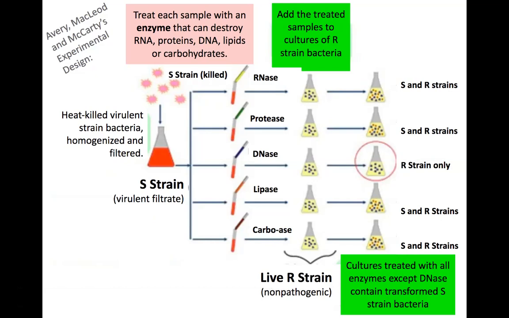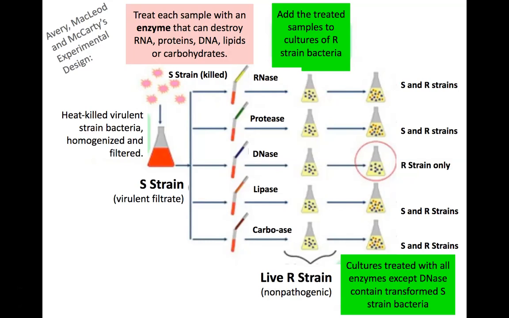In each one of these, what you're doing is eliminating 1 out of 5 organic molecules inside your filtrate, allowing you to see, after you add the live rough bacteria, whether transformation occurs. Now, if you look at this carefully going across each one of these groups, when RNase is added to the test tube,